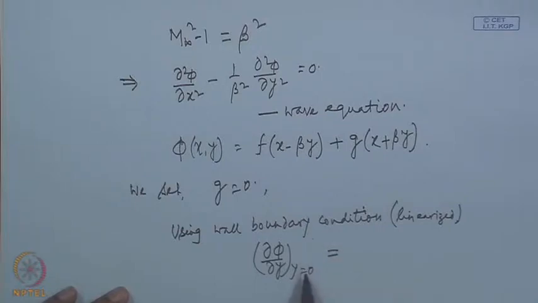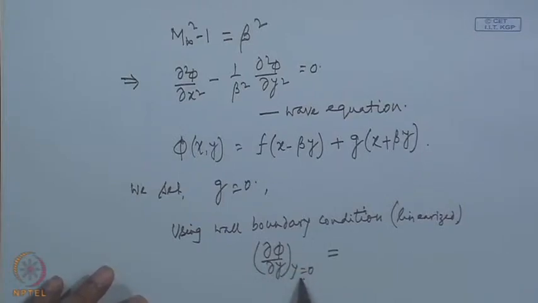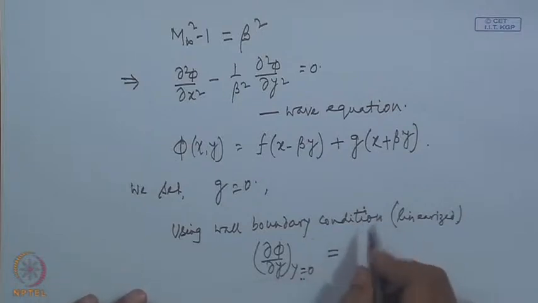We see here that instead of evaluating the velocity component on the wall itself, we are evaluating at y equal to 0. That is the linearization or approximation, but consistent with the linearized perturbation theory, and this gives